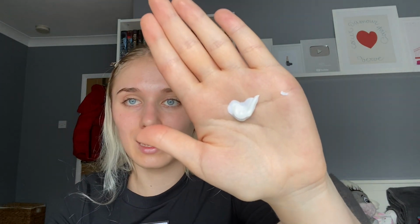Okay, I don't know how much to use. I didn't read the, okay, it doesn't say anything on how much I should pump. This is what it looks like. It's super white. It looks kind of like liquid glue. Oh my god. It feels...